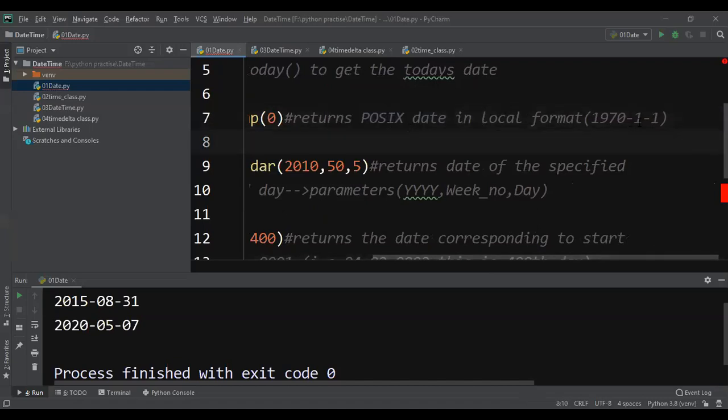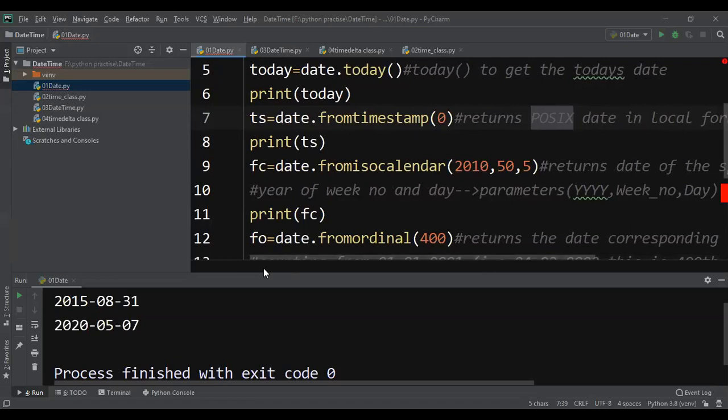What is the POSIX date? It is 1st January 1970, the date where the Unix system was launched. When we are making applications with respect to some Unix based systems, we may need to communicate with the corresponding operating system services.